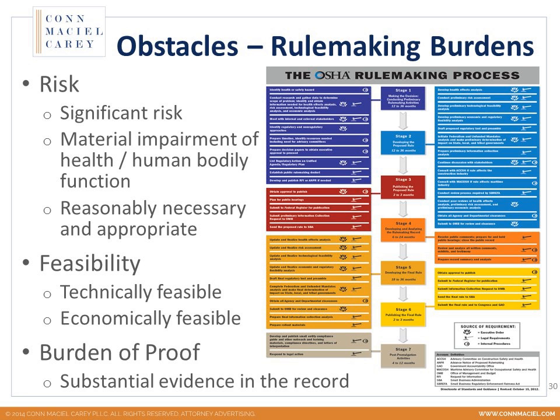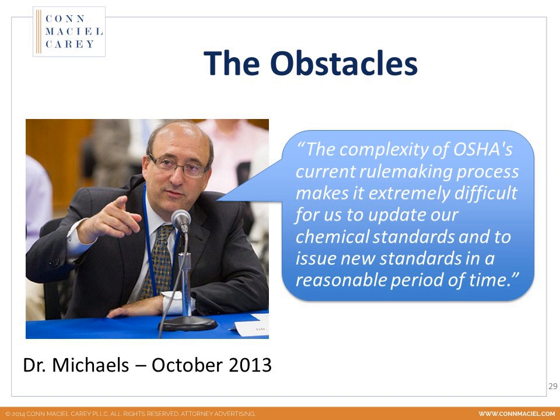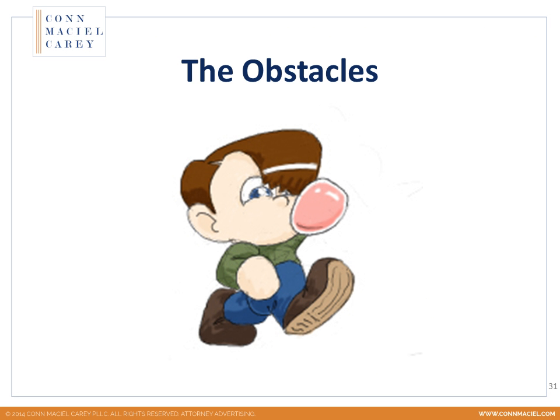The final point I want to make is that OSHA also does have, I'll refer to them kindly as resource issues. This is a man who is walking and chewing gum at the same time. As my friends on the other side of the aisle and some even within the agency have noted for me, OSHA has difficulty engaging in these activities at the same time, and certainly has difficulty developing more than one rule at a time. So the agency is really not multitasking on the rulemaking side.